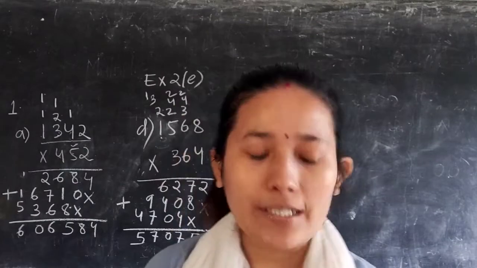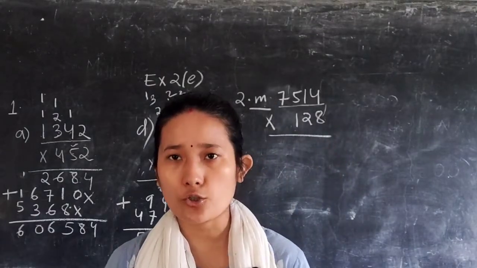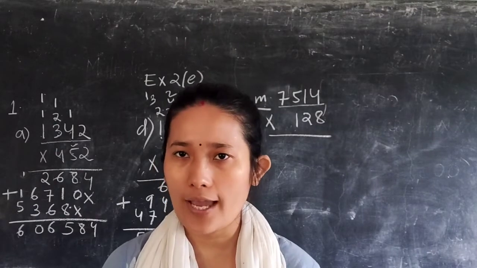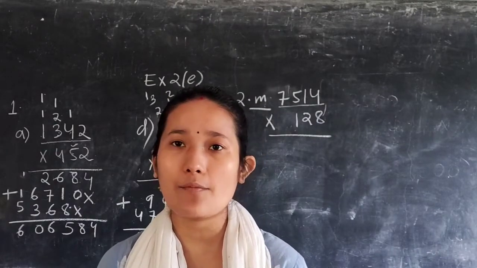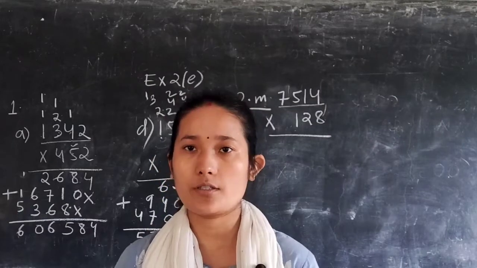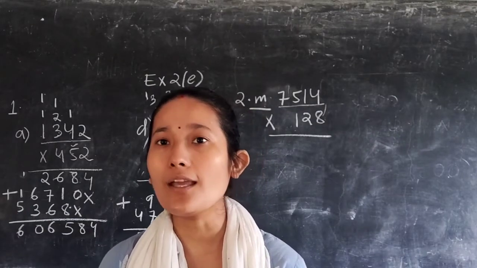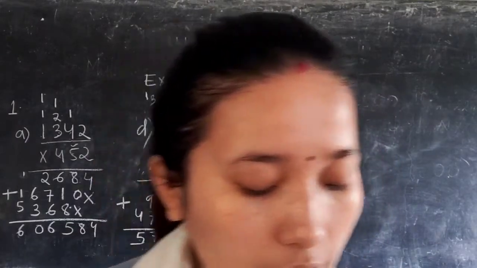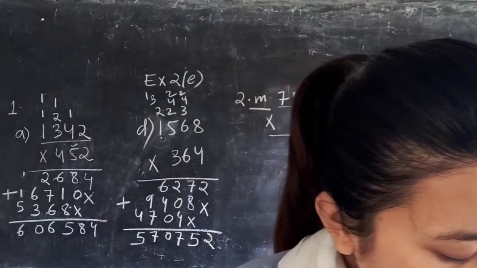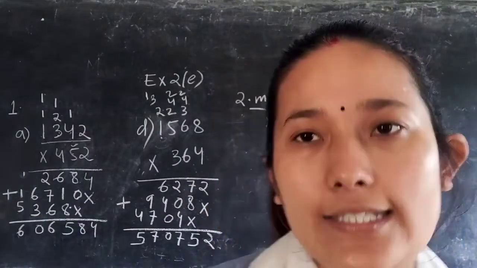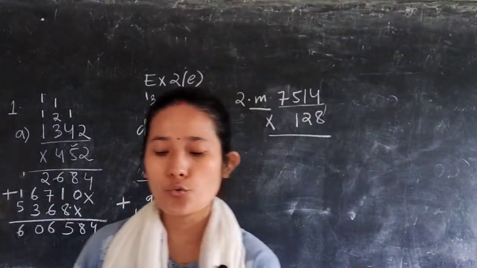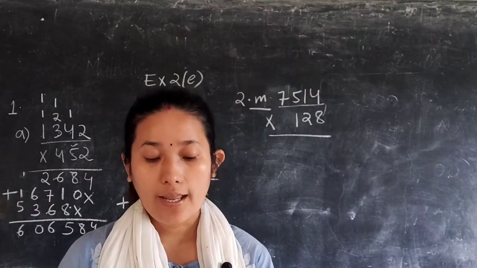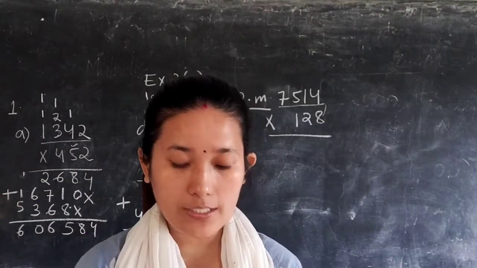Okay, so estimating the products you will not do, though I have taught you rounding the numbers, but estimating the products you will learn when you go to the higher classes. Just have a clear idea about how you have to round off the numbers. If you know that, estimating the products would be very easy. Okay, so now let's move on to another exercise, that is exercise 2F. Oh no, 2F we will not do. Now that means we are done with the multiplication.